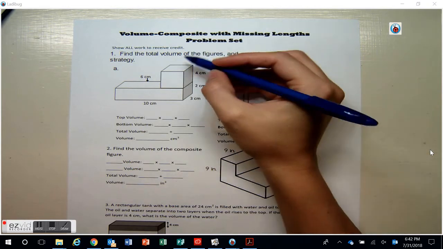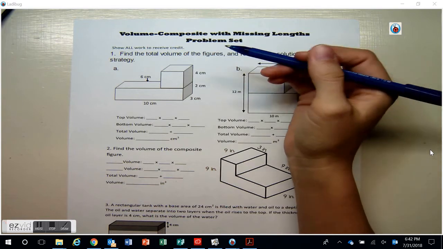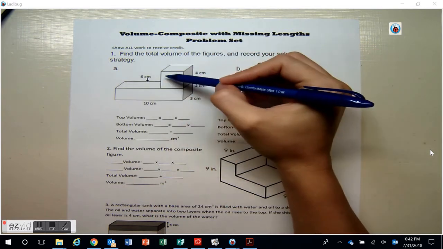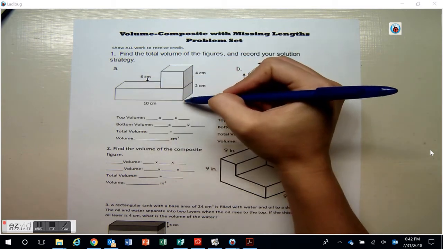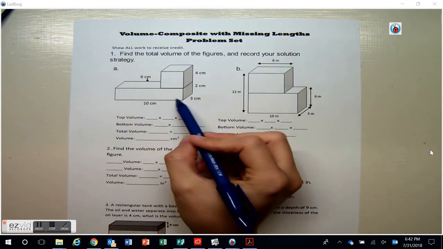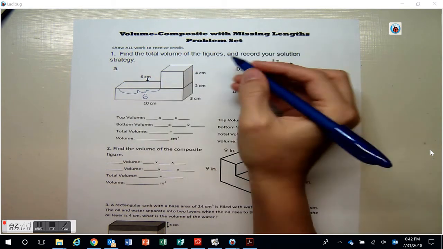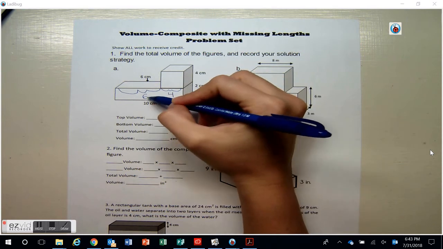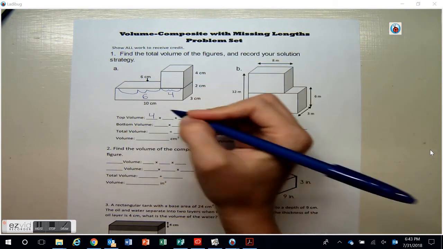And I see that I don't have a length or a width. So let's focus on the length for now. Here I have a length. Here it's the distance from the figure to the edge of the bottom figure. And then I know I have 10 centimeters on that bottom prism. Well, if this is 10 and this is 6, that tells me that this right here is going to be 4 because 4 plus 6 gives me that 10. So my length for the top is 4